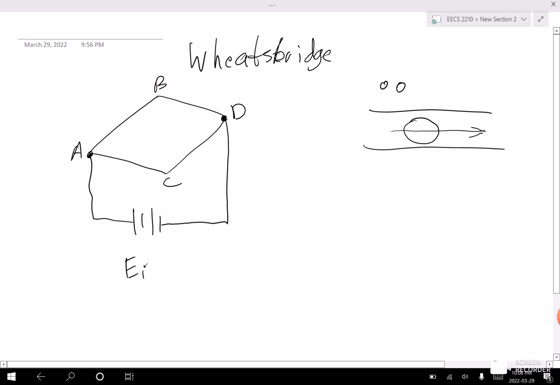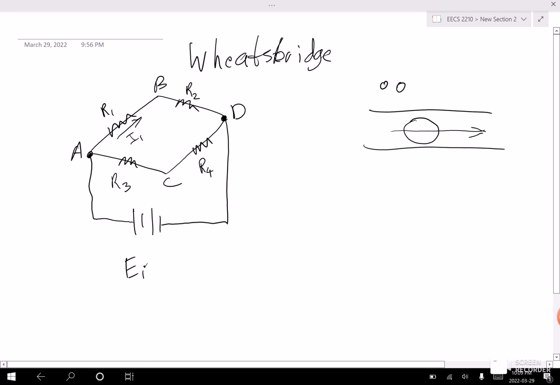So from point A to B, B to D, A to C, and C to D, there are resistors in the middle. Each respectively we'll name R1, R2, R3, and R4. This naming convention is important because the flow of current from R1 goes this way, so we'll